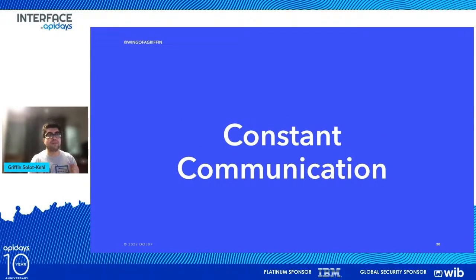But remember that the best way to get this through is through constant communication. You're going to be working with teams all over the place in areas like product, engineering, marketing, sales, and even more, depending on how your company structure is built. So make sure you're not keeping to yourselves, but you're communicating with each other and trying to figure out the best ways to make this all move forward, because you're all a team at the end of the day and you all want to see it succeed.